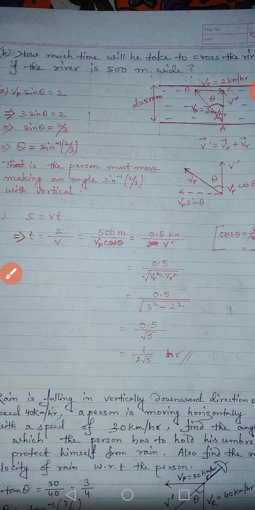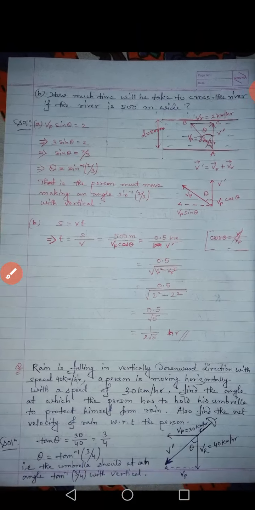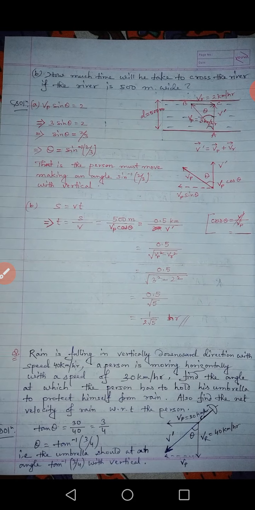So here we used the concept of resolution of vector, and we also used the concept of relative velocity. Then another sum, this kind of sum will also be solved using the concept of relative velocity. If you remember, just now I told you one thing about the train, right? When you are sitting inside a moving train, and just near to that another train is standing, it seems like that train is moving in the opposite direction with the same velocity. So in other words, whatever velocity the train where we are sitting has, that velocity we provide to the next train, but that much velocity should be negative, right? So that concept we are going to use here to solve this sum.